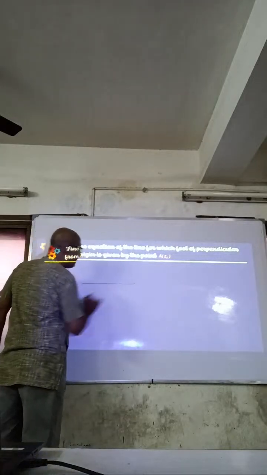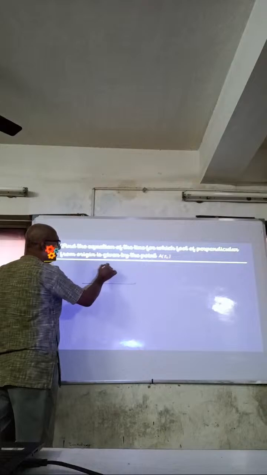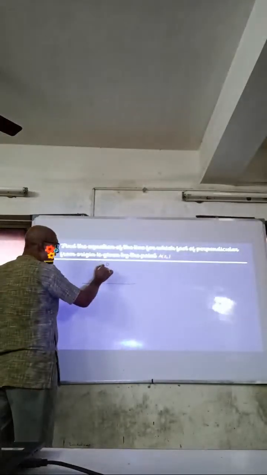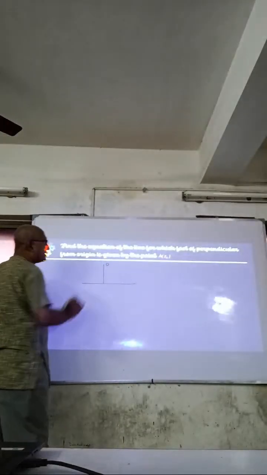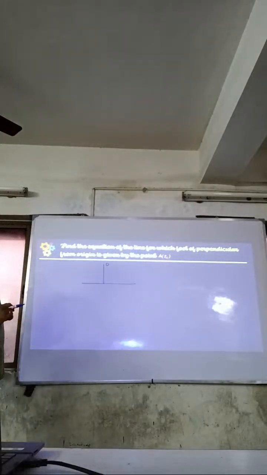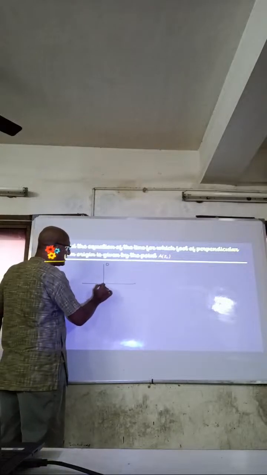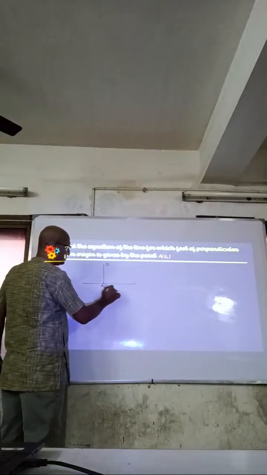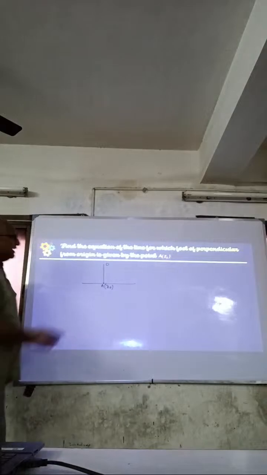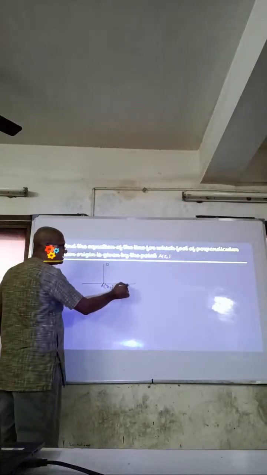There is a line and this is the origin. এই origin থেকে আমি একটা perpendicular drop করেছি, এই ফুটটা হচ্ছে z0. এই লাইনটার ইকুয়েশন বার করতে বলছি।